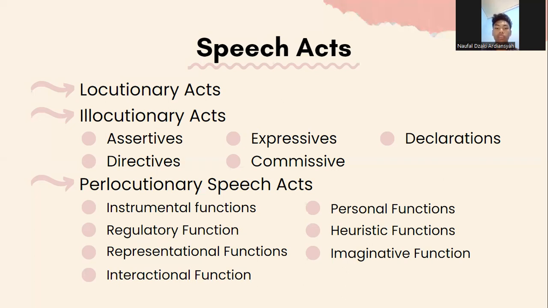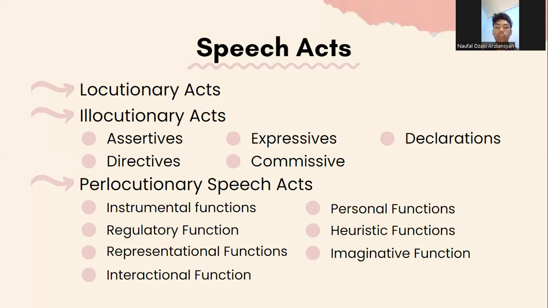And then declaration. Declaration is speech act whose speech forms function to connect the contents of the speech with reality. For example, sundering, firing, baptizing, and punishing. And the last is perlocutionary speech act. Perlocutionary speech act are acts of growing influence or effect on the speech partner. Perlocutionary acts contain the power to do something by saying something.